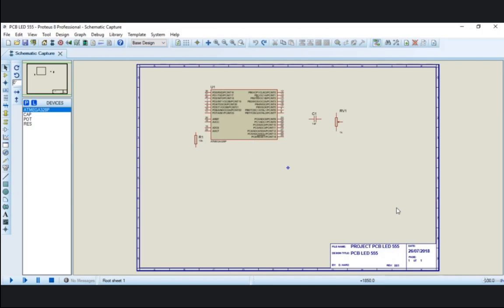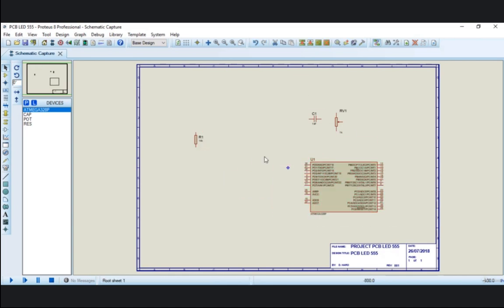So we can also set up the keyboard connections. You can choose the device and put it aside, or lay out that to your desired location.